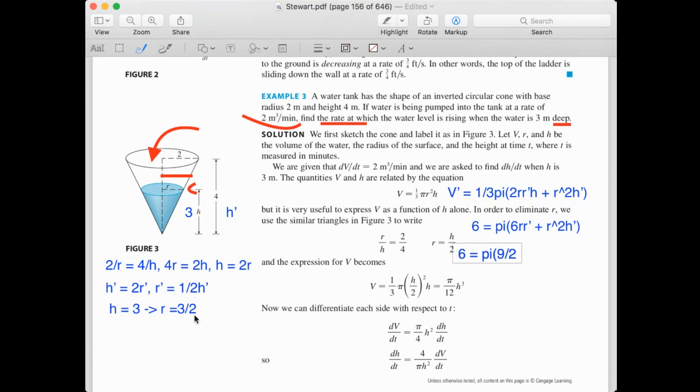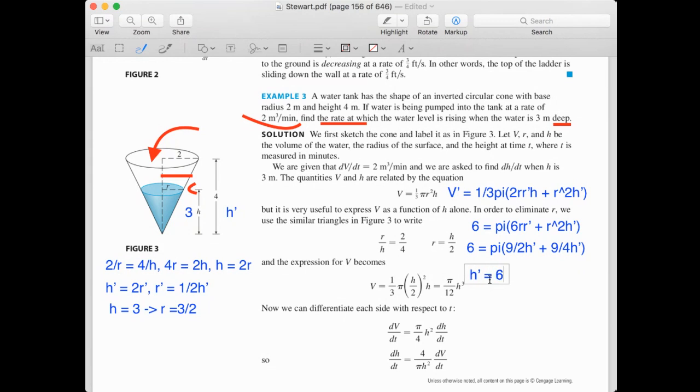So that's half h prime plus r squared. R squared is 9 over 4, 9 over 4 h prime. We're able to come up with this equation. Now factor h prime. So h prime equals 6